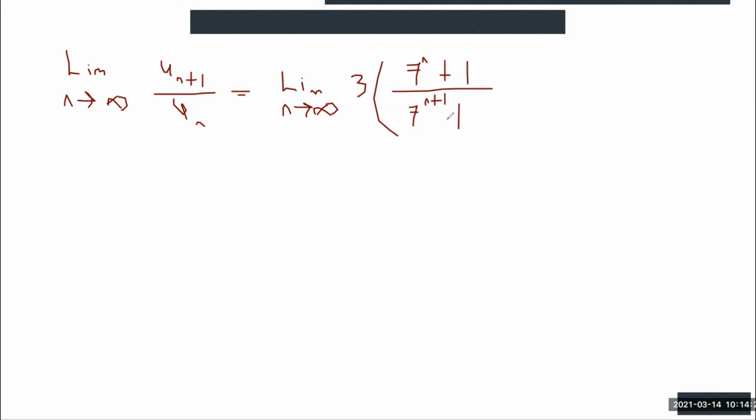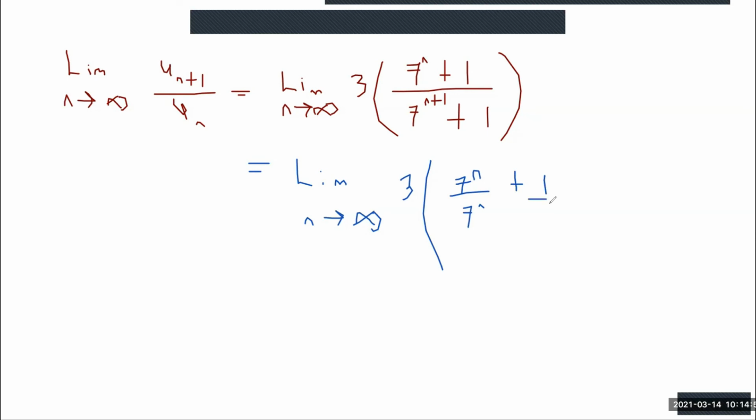Now in this bracket, we're going to divide through by the highest power of n. Dividing through by the highest power of n, what we're going to get is the limit as n approaches infinity of 3 times 7 to the n over 7 to the n plus 1 over 7 to the n